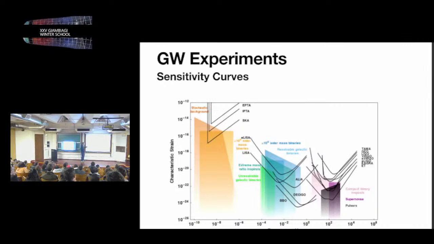Some things that you've already seen. I'm going to talk a lot about binaries. So there are two masses. There's the total mass. There's some sort of mass ratio, and this eta is a symmetric combination that gives you the mass ratio. The reduced mass that you already know in a binary system. And I will do all the estimates today with circular orbits, okay? And I will just do the Newtonian